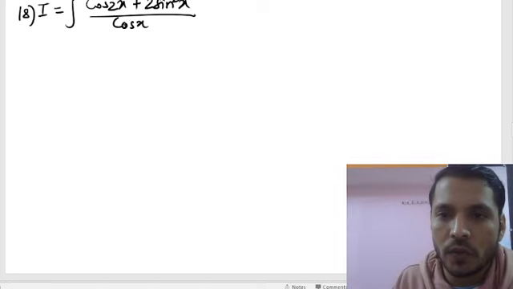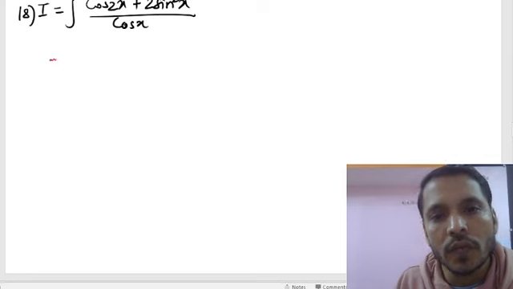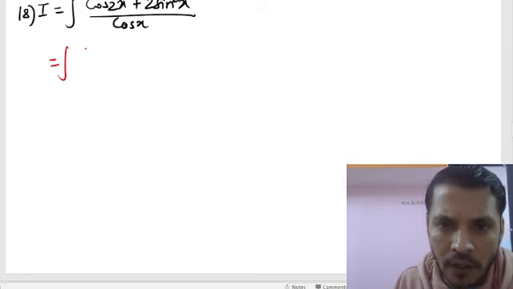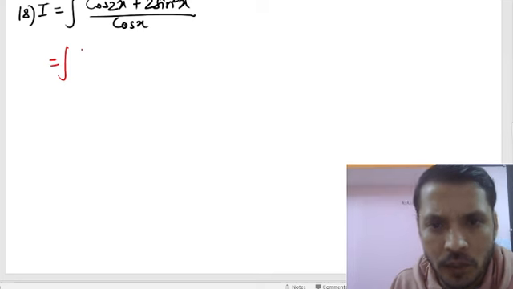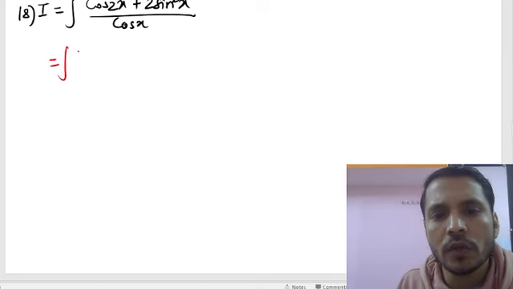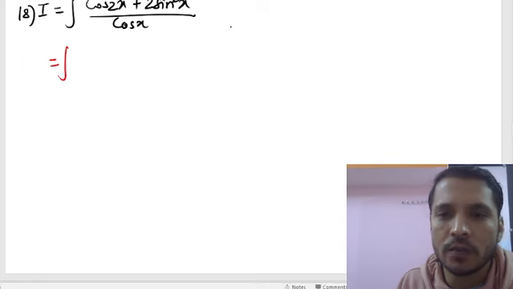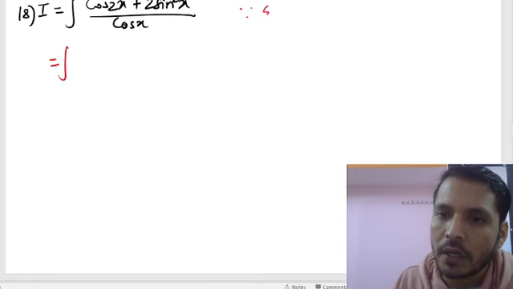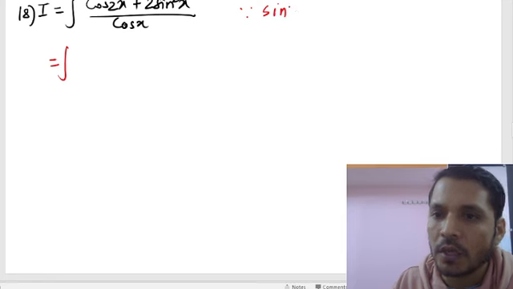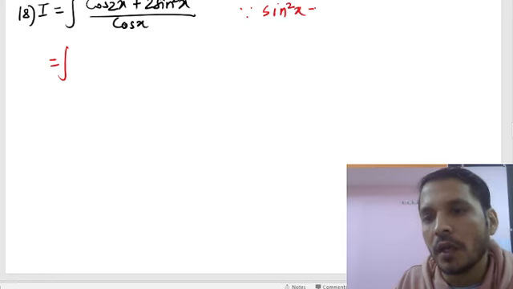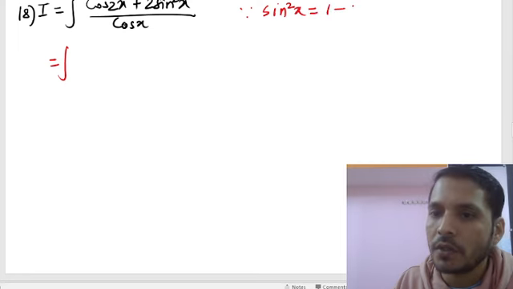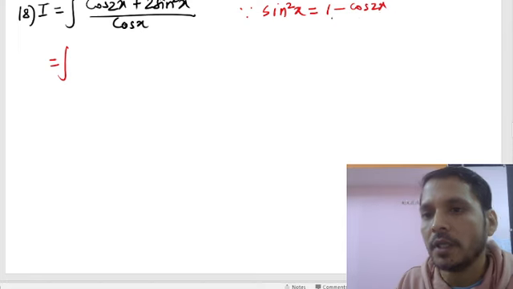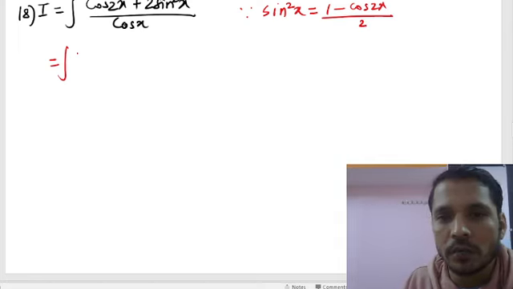Cos 2x we can write in terms of the sine or in terms of the cos only. So we know the formula, since we know 2 sine square x is equal to 1 minus cos 2x, divided by 2. So according to this formula, here it will become